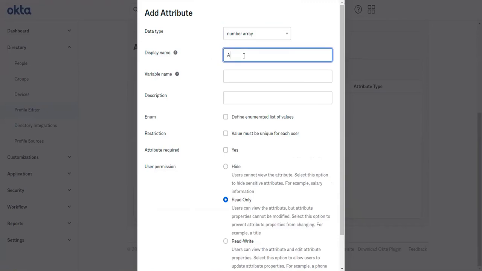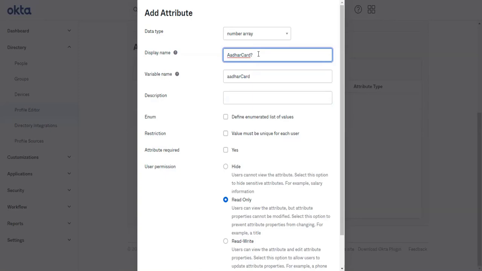Let's say my display name should be like this. Because it's a display name, you can mention anything. What is the difference with the variable name? The display name is the value that will be shown in the front end, but the variable name is the value that will be stored in the back end.